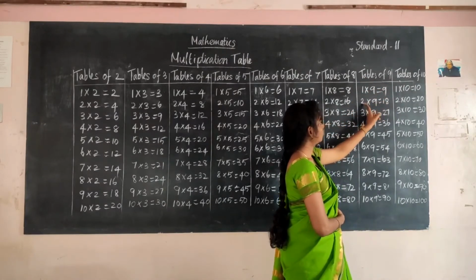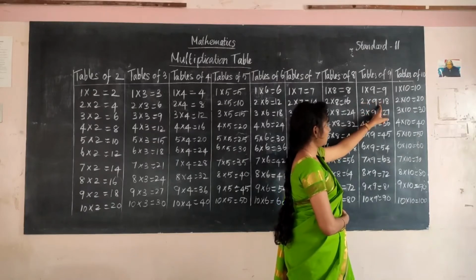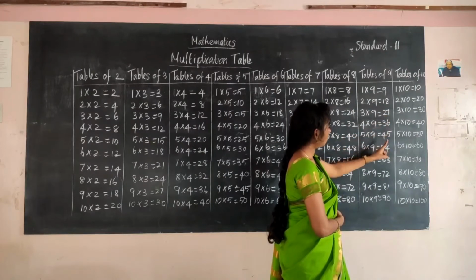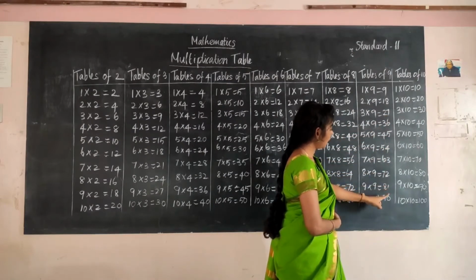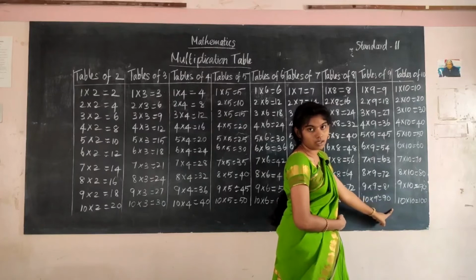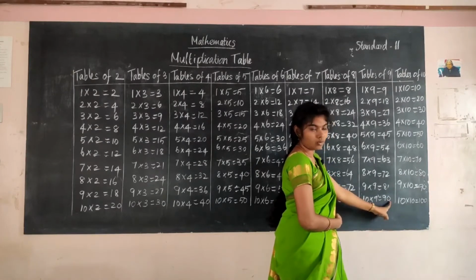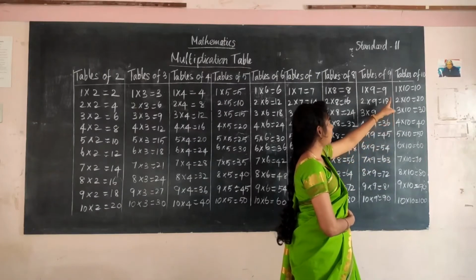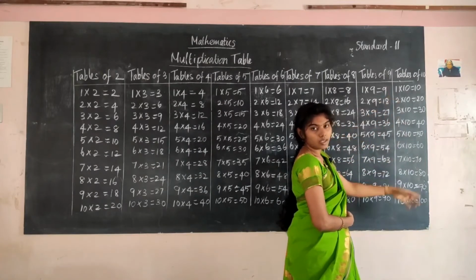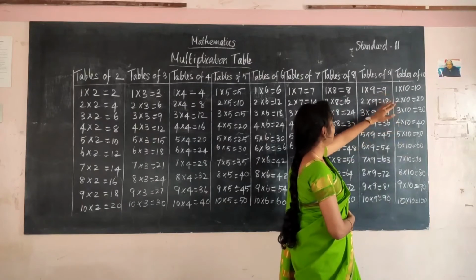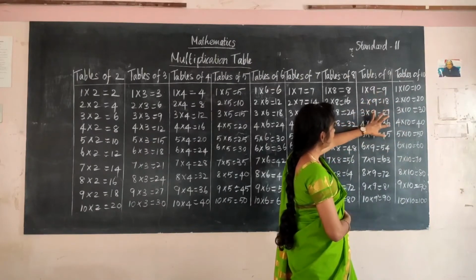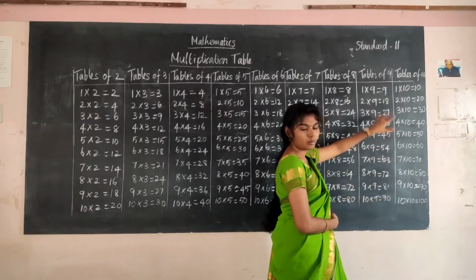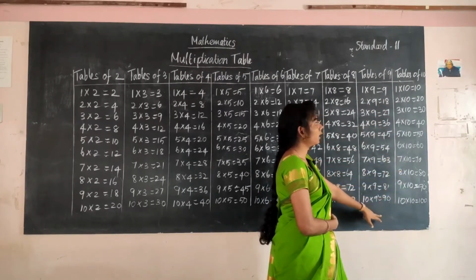From the second row, 2 cross 9, that is 2 9s are. You have to start from here. Write 1 here, and 2, 3, 4, 5, 6, 7, 8, 9. And I can start from here itself. In the last itself, start from 0. 0, 1, 2, 3, 4, 5, 6, 7, 8 and 9. So this will be an easier way, or else you can learn this alone. 9, 18, 27, 36, 45, 54, 63, 72, 81, 90. This will be an easier way to learn the 9th table.